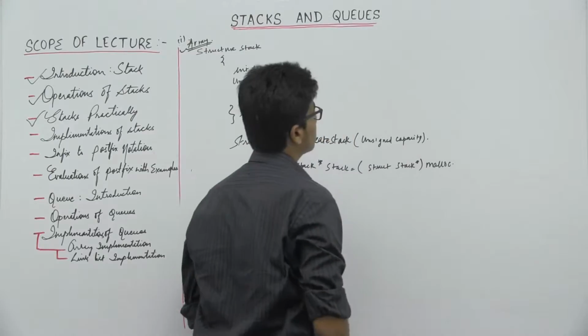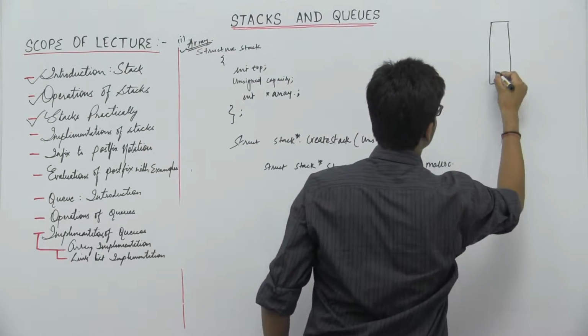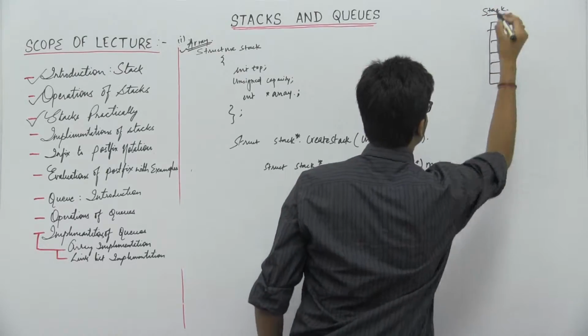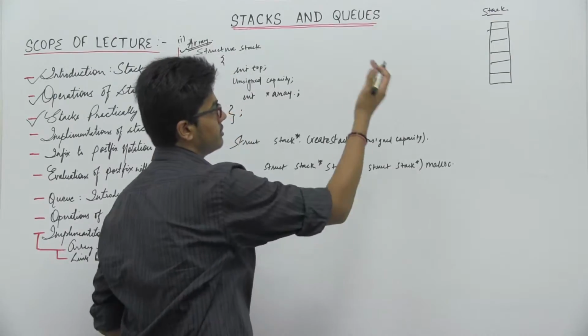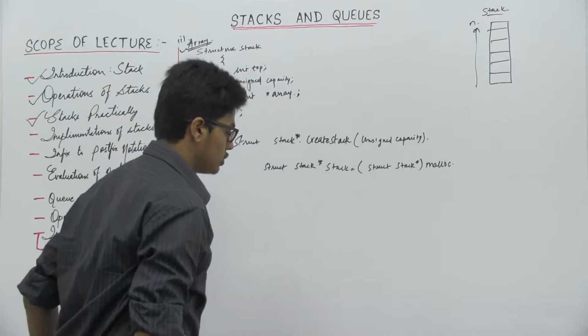Suppose we are defining a stack like this. This is our structure. This is stack, and we are defining a stack of some size. We do not know what the size of this stack is. Suppose let us take it as n. So malloc